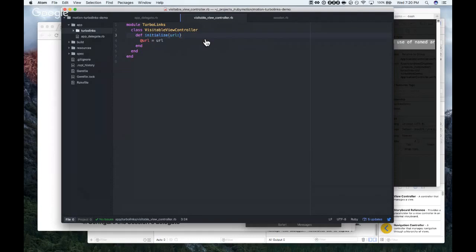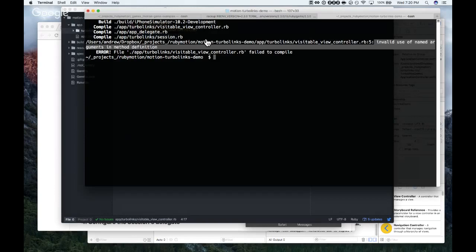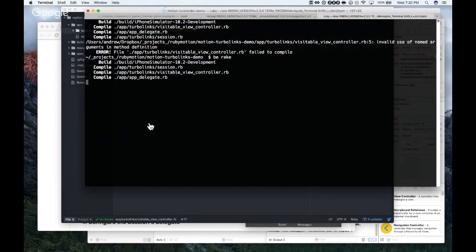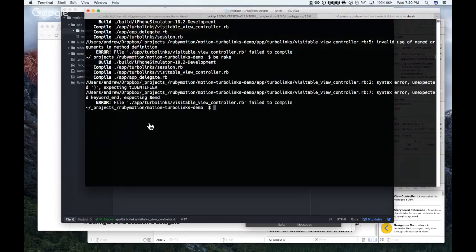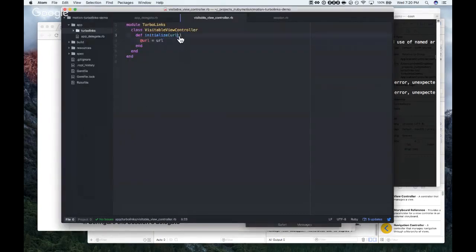If you want the URL to be the same, you have a colon at the end of URL.